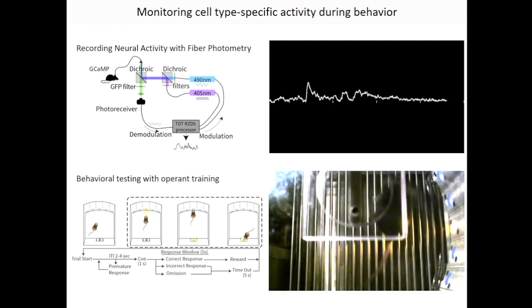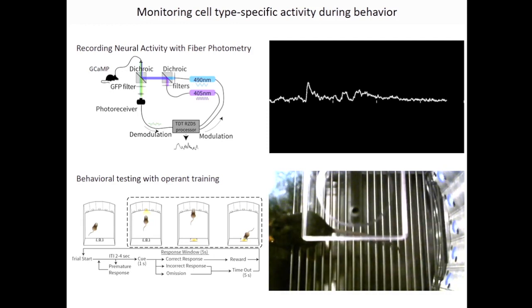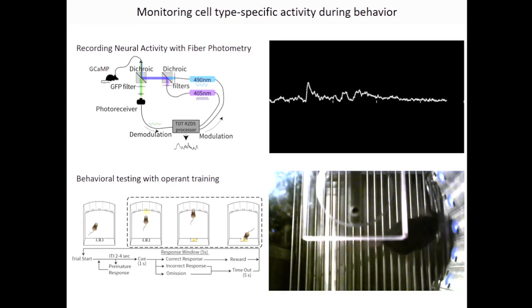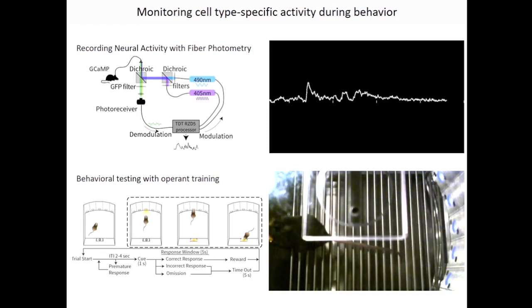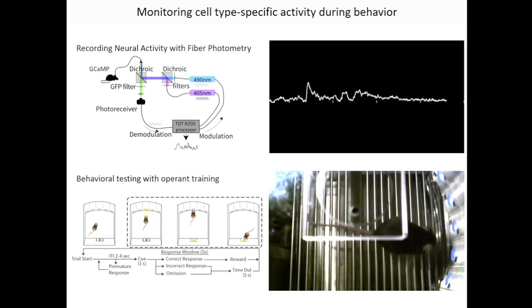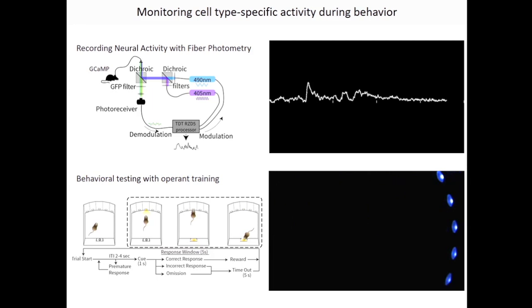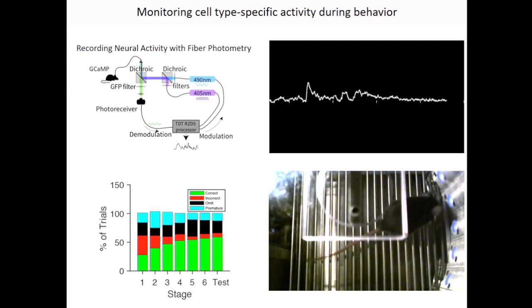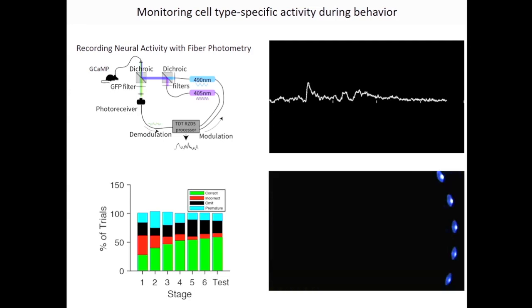Briefly, the task runs like this. Animals have to learn to attend to a panel of cue lights. It's called the 5-choice serial reaction task. And when one of the cue lights comes on, the animal has to nose poke into that cue light and get a reward at the other side of the operant chamber. There's a light above the operant chamber indicating that the animal got the trial correct. Initially, the cue light is quite long, and then it becomes short, and as that happens, the task becomes harder and harder, but animals learn to attend to the cue and then occasionally even make these premature pokes as they're anticipating the cue light coming on.